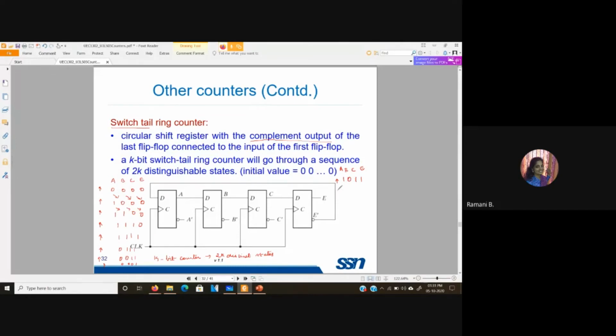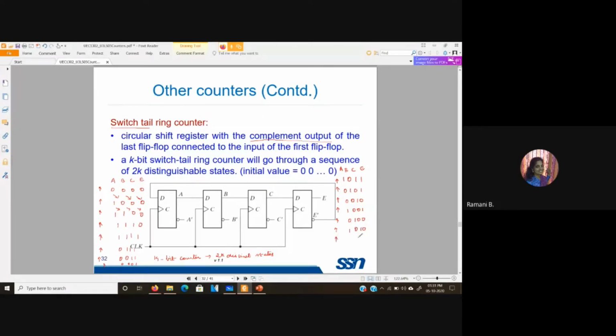Okay. So what happens in the next clock? So 1, 0, 1 will be there. Here E is 1. So E bar will be 0. Next, if you check, this is 0, 1, 0. So here again, this is 1. So this is 0. Then here 0, 0, 1. So this is 0. So here you have a 1. Next 1, 0, 0. Here E is 1. So E bar is 0. Next again 0, 1, 0. So this is a 0. So you have a 1.